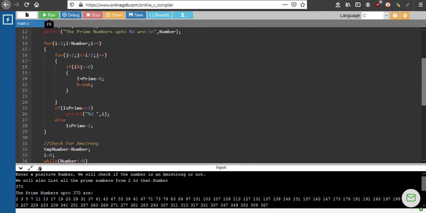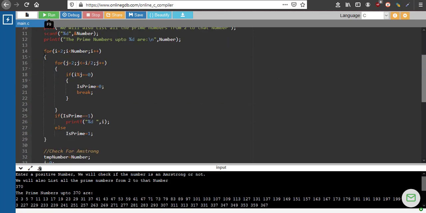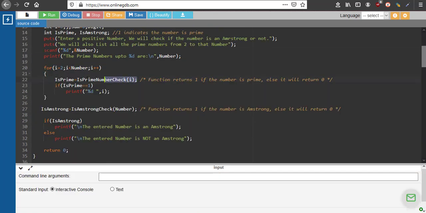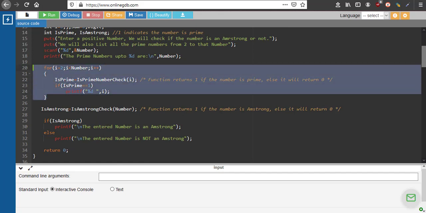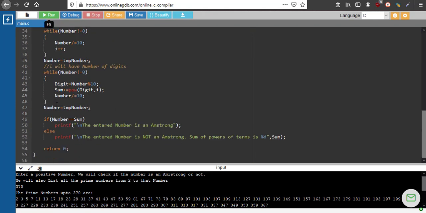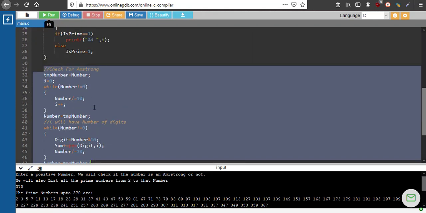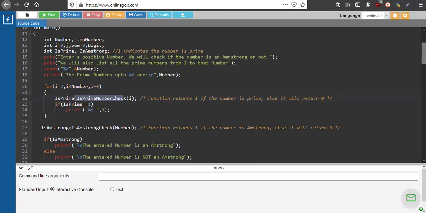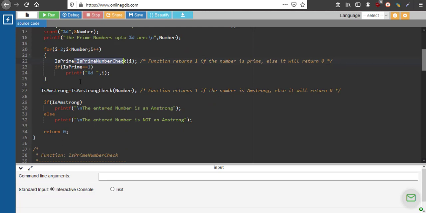Basically, what it has done is, this much block of code I was able to reduce to this one line, right? This small block, sorry, this much block has been reduced to this small block, and this block has been reduced to one single line. This looks very neat and tidy, right? So basically, a function helps you in building and scaling the program very fast and very easily, right?